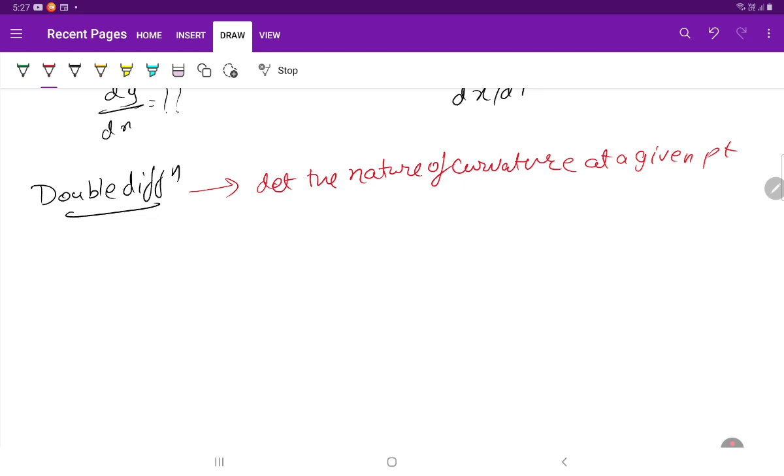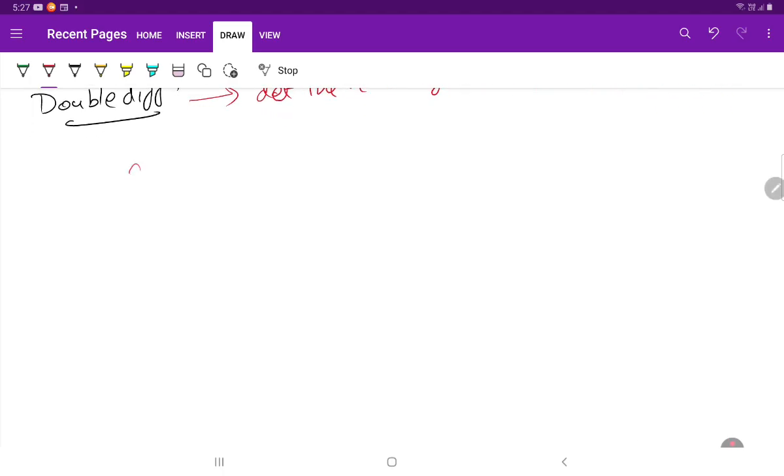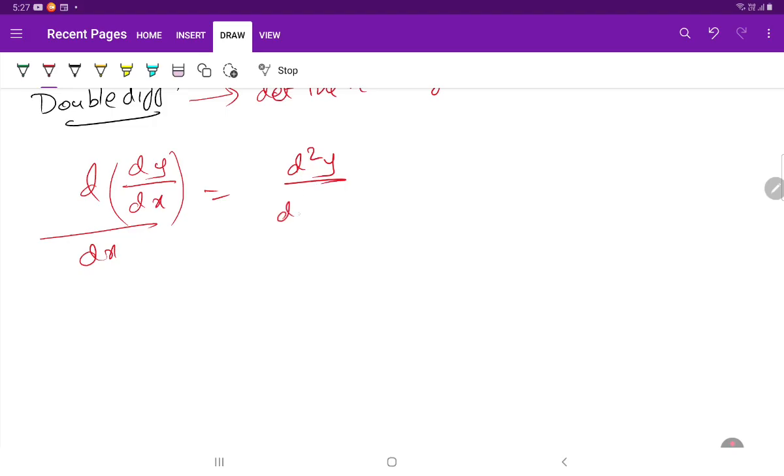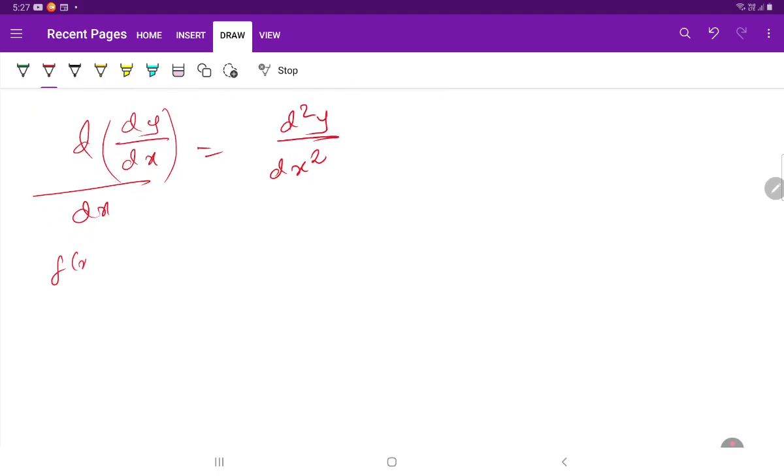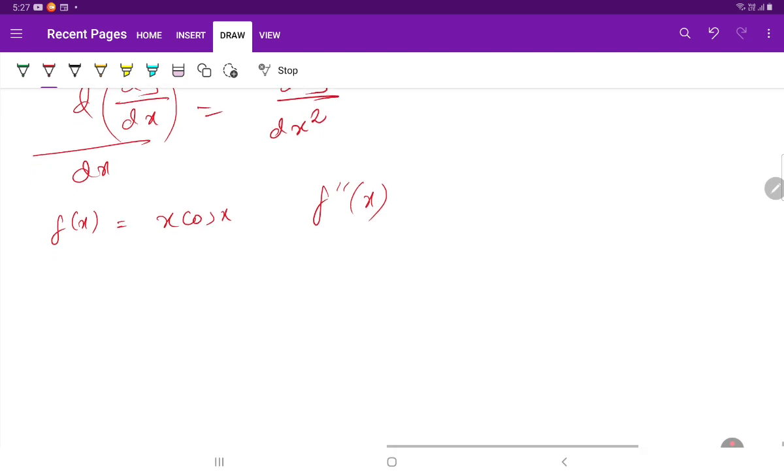Single differentiation, or just dy by dx, gives the slope, but double differentiation gives the curvature. We write double differentiation as the differentiation of dy by dx, and we represent it as d2y by dx2. For example, you have f of x equals x cos x. Then if you are asked to find f double dash x, that is, the double derivative of f of x